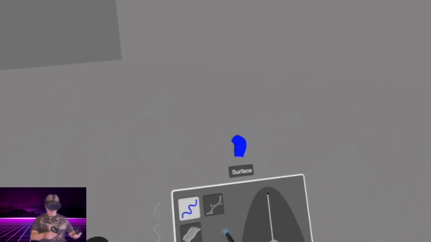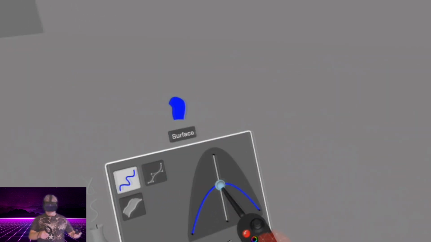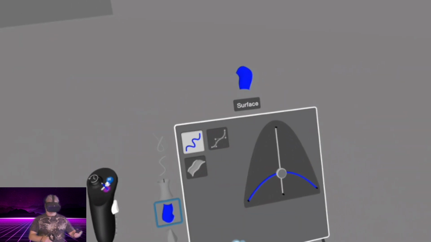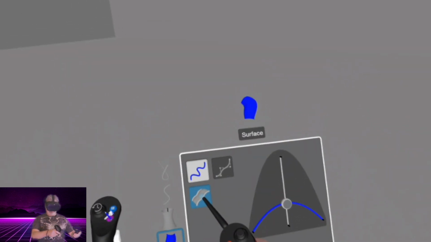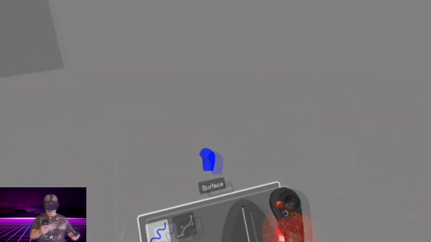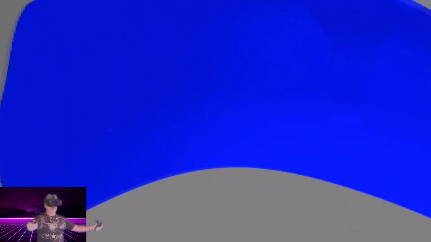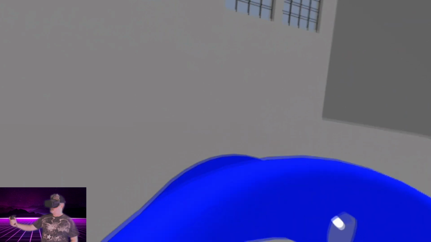Now let's switch over to the surface tool. And the surface tool is pretty interesting. I'll be honest, I haven't quite mastered this one, but yeah, it's pretty interesting. There's a lot of options for you, point edit and so forth. So let's go ahead and just draw. You use two hands and hold the trigger button at the same time, and then we can click and grab this object and move it around. This would be great for creating side panels to some kind of object that you want to design.